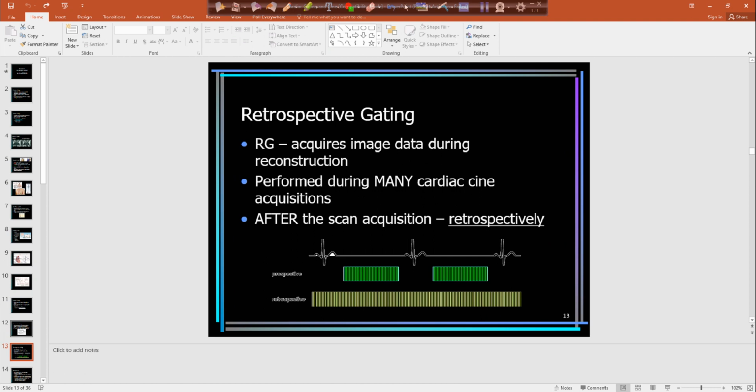And then here is that retrospective gating. It requires image data during all the different phases, and then it does some reconstruction. This is usually performed for cine type imaging. Cine, almost like a movie format, where you're actually watching the function of the heart or watching the valve in